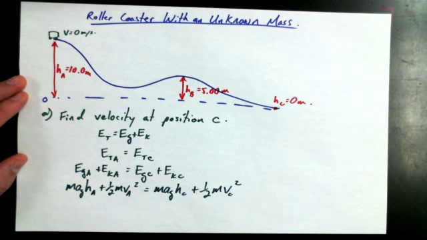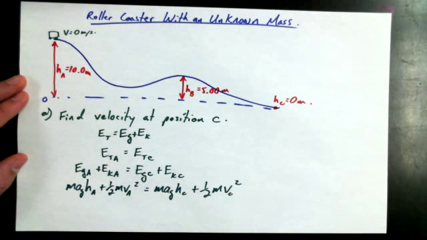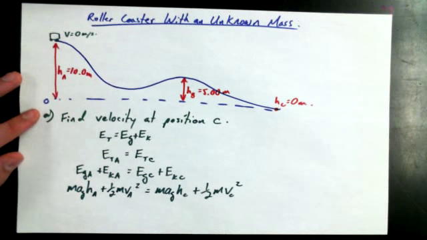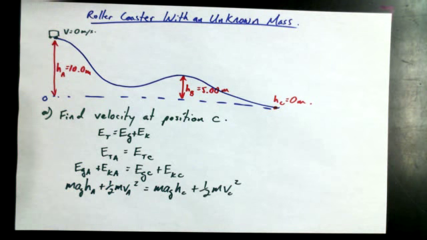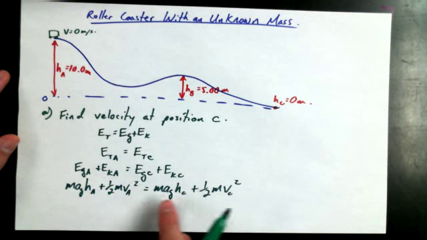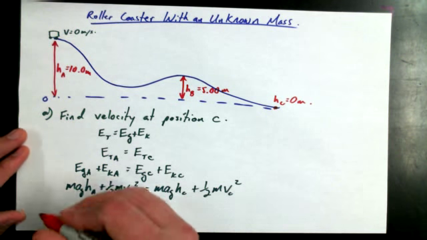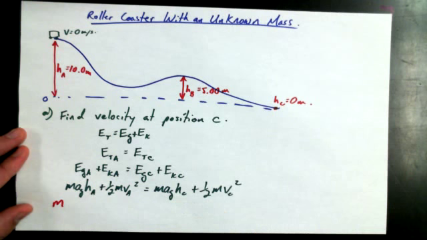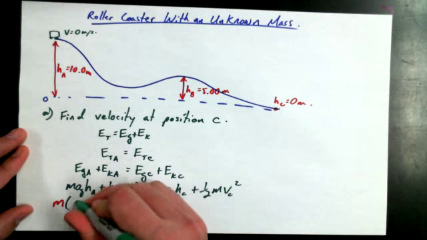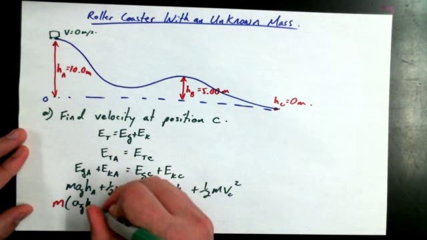Now this is a massless roller coaster. Oh, it's not massless. It's an unknown mass for a roller coaster. Do I need to know the mass here? Absolutely not. You might think so. What could I do? What's a common term in each of these expressions? Mass. Sure. I could put mass out front of this binomial, acceleration due to gravity times height at position A